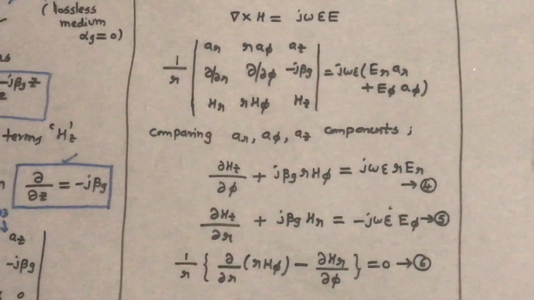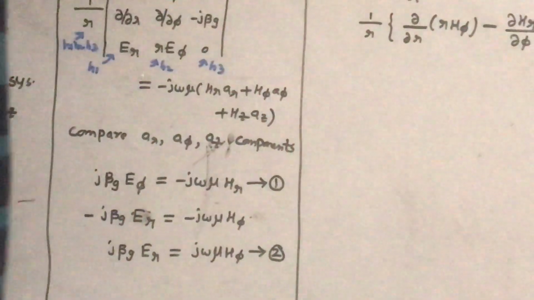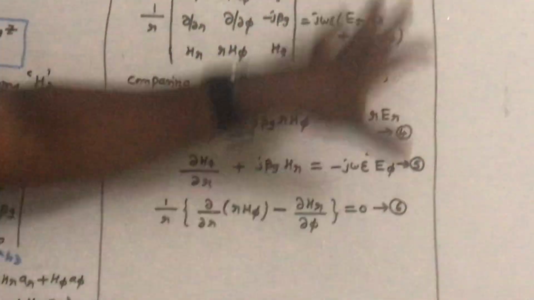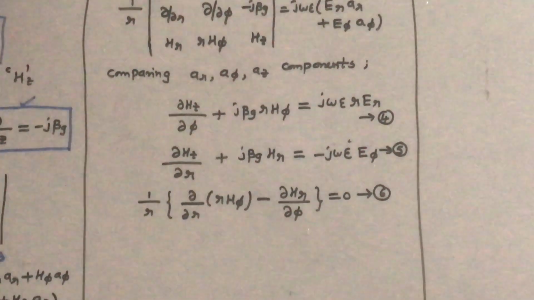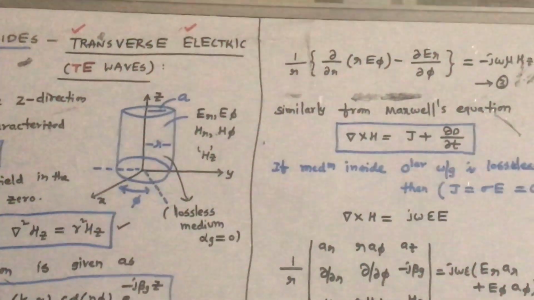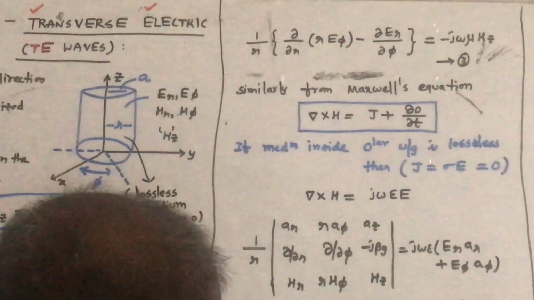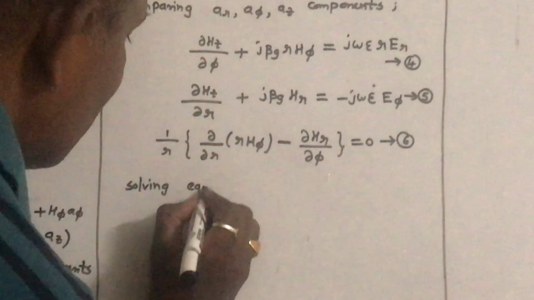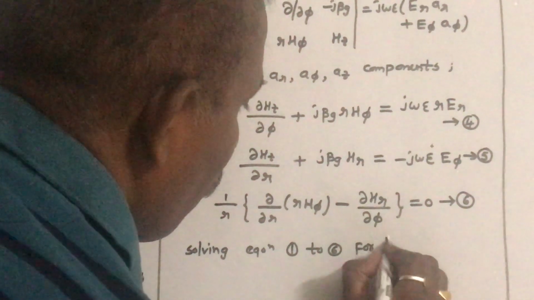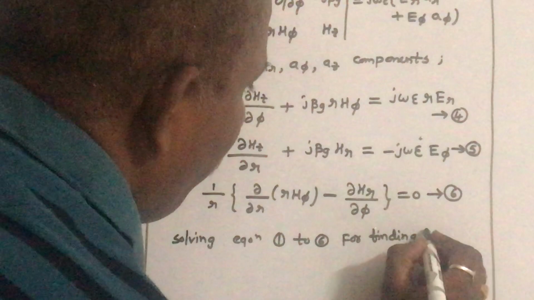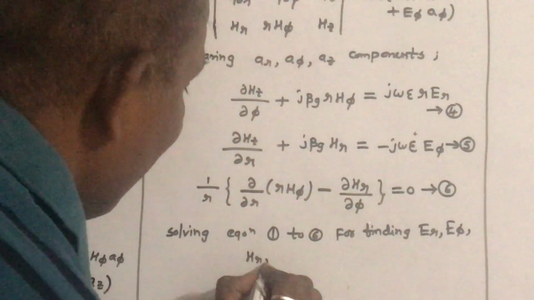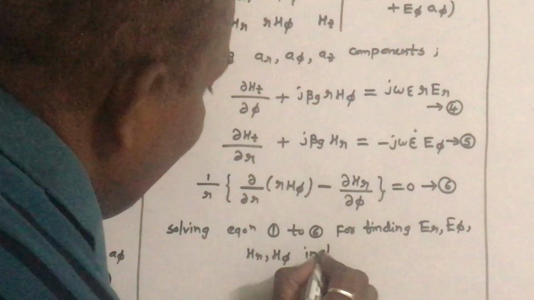Now that we have framed equations 1, 2, 3, 4, 5, 6, our objective is to solve these equations for finding the field components ER, E phi, HR, H phi in terms of